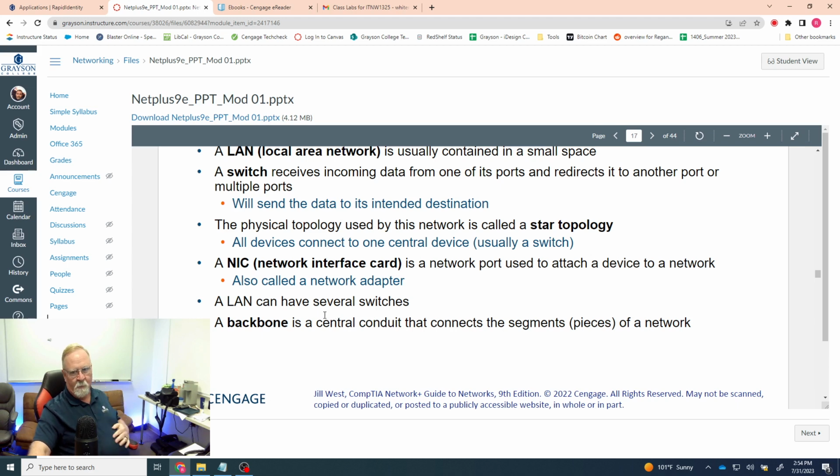Pardon me, and it will connect maybe to multiple switches, and then those multiple switches will connect to multiple nodes, clients, computers, printers, and things like that. So the main lines that come back to the router from the switches are the backbones. That's the central or the main line of the network that connects to the router, and it connects the different sections of the network together,